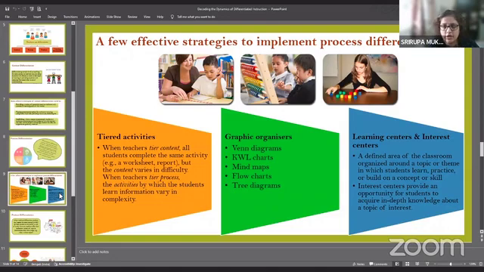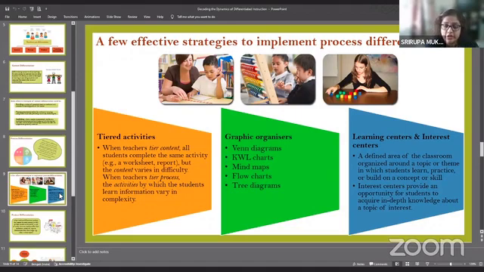KWL charts, of course, are something that the student herself is going to maintain. So maybe at the beginning of a lesson, we can tell them to prepare a chart which will have 3 columns where you will write down what you already know, what you want to know, and what you have learned. So this actually gives the learner a feeling of whether the learning outcome has been achieved or not. So it's not really dependent on how many marks I have scored in an assessment or anything of that sort.